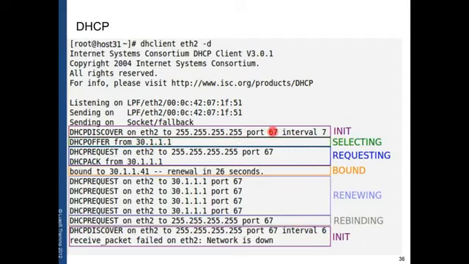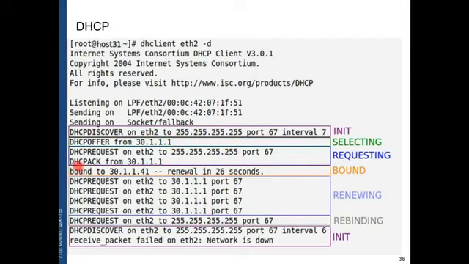Here you have the DHCP ports I was talking to you about at the beginning of the presentation. 67 for server and 68 for client. We send the request with the chosen server. Both the discover and the request are sent to the broadcast address.